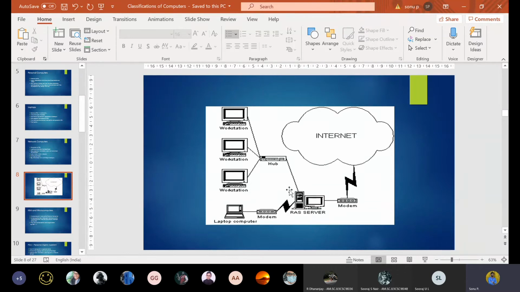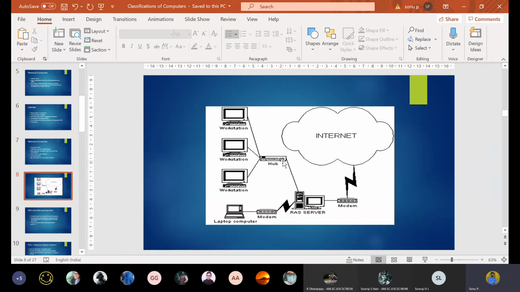And for some types of connection, what type of communication is coming from your laptop? If you are a student, you will have a lot of restrictions on accessing resources from the internet in our campus. You cannot access Facebook or YouTube during class hours. After class hours, sometimes they will provide access with some software or hardware tools like firewalls and IDS, intrusion detection systems. You will be monitored and configured with security. So you will have a password to connect to the Wi-Fi modem. SSIDs will be there. You can access. So this is the structure of a network computer.